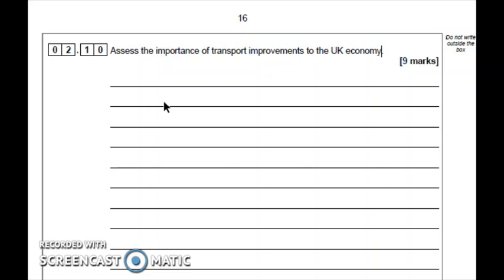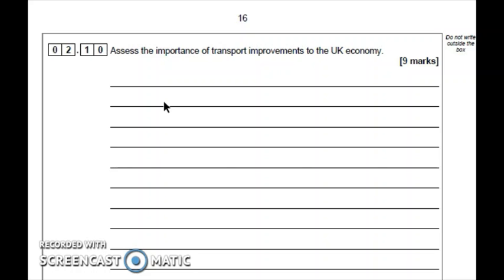However, the idea being, if we get a track with loads of fast trains on, more people are likely to want to use them, and therefore there'll be less cars on the road. So you could argue that's really good because people stuck in traffic jams, obviously being late for work, costs companies loads of money, roughly £20 billion every year, just because meetings have to be delayed or cancelled, or deliveries don't turn up on time.